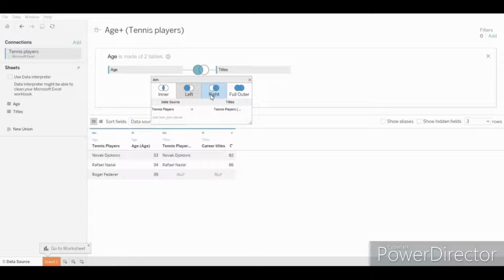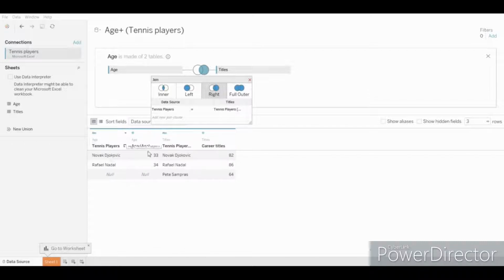Now the right join. Right join is same thing but in the opposite direction. So we'll have every record from the titles table and that record from the age table which has a match with the titles table.